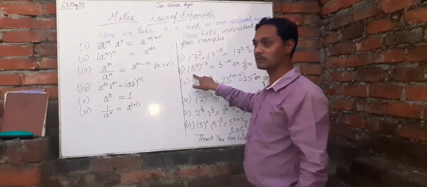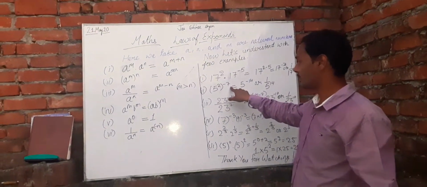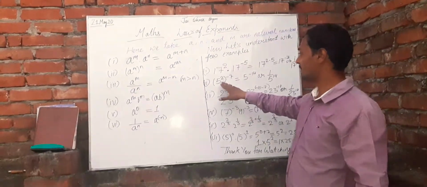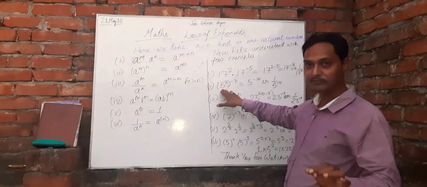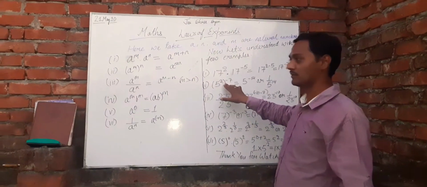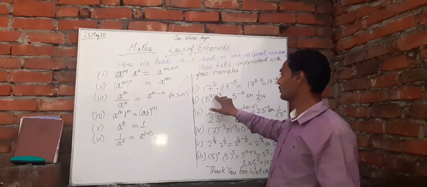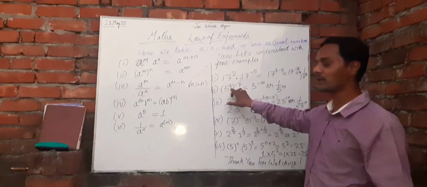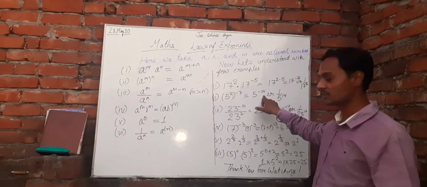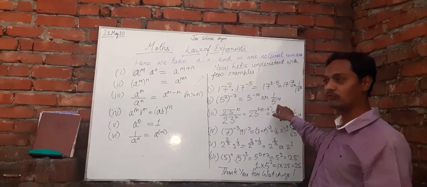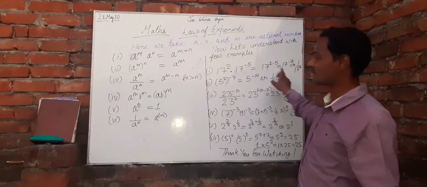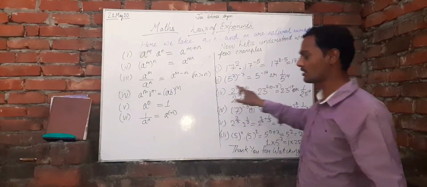Next is 5 to the power 2, whole to the power minus 7. Here I am going to repeat the second identity: there is a single base and two powers. So we will multiply these two powers. 7 twos are 14, so you will keep it as 1 upon 5 to the power 14. Again the same thing, minus is there, so you have to keep it.